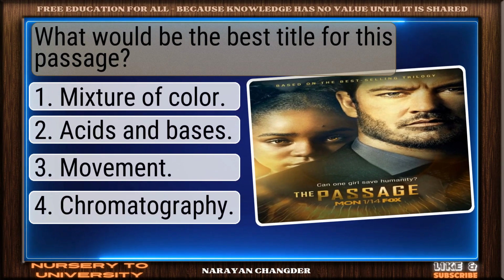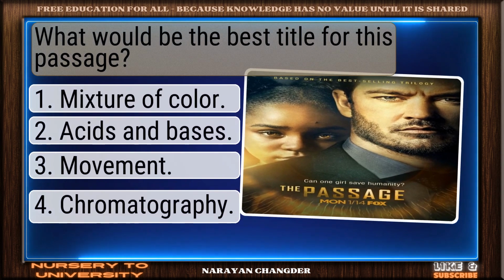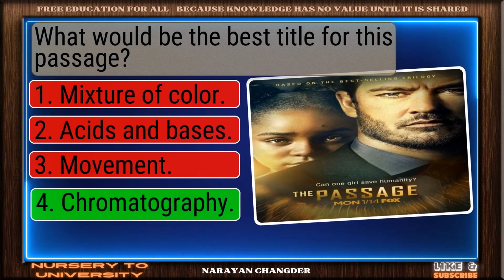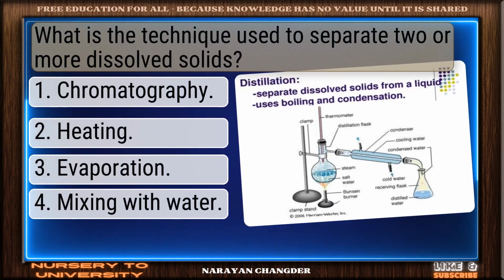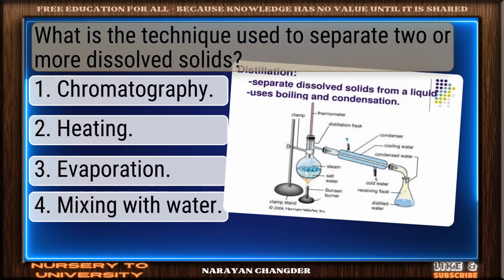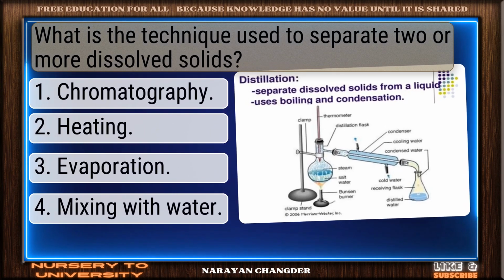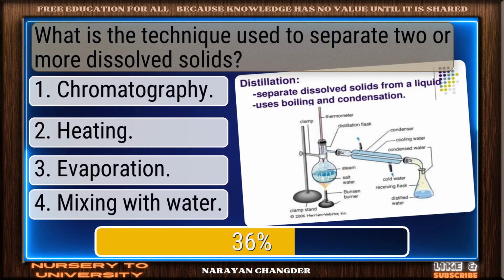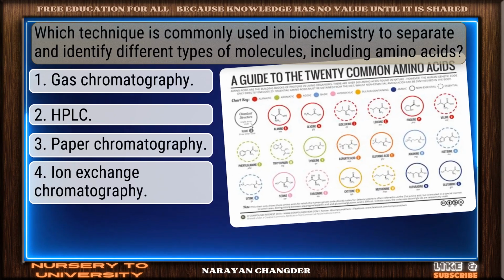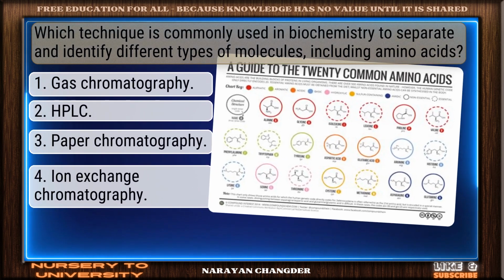Option 1, mixture of color. Option 2, acids and bases. Option 3, movement. Option 4, chromatography. Nice, chromatography. What is the technique used to separate two or more dissolved solids? Option 1, chromatography. Option 2, heating. Option 3, evaporation. Option 4, mixing with water. Right choice, chromatography. Which technique is commonly used in biochemistry to separate and identify different types of molecules, including amino